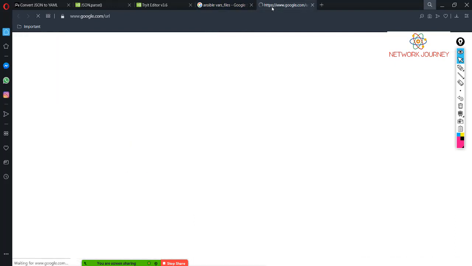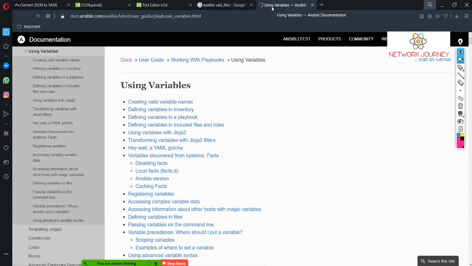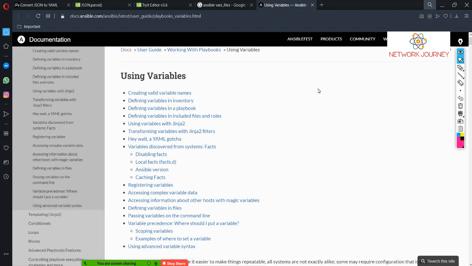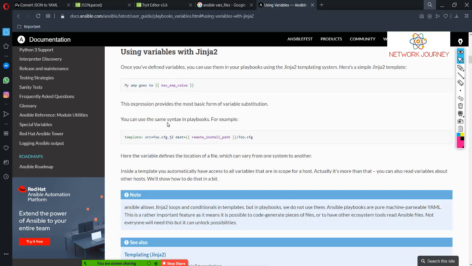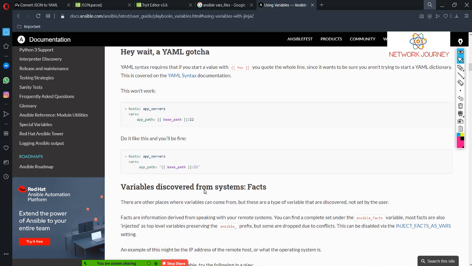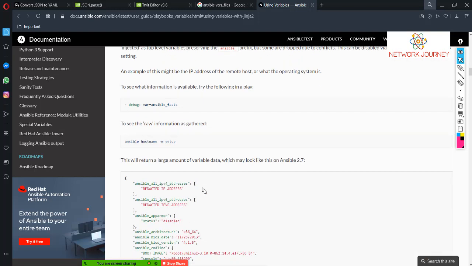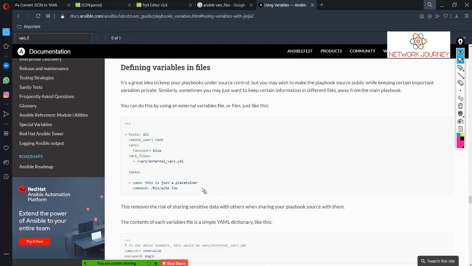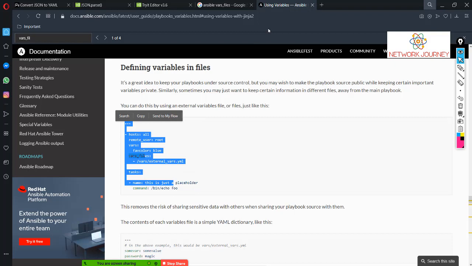using variables. Where it says using variables with Jinja2, okay, it's going to define all the different things to make use of variables. So let's see if I search for variable files. So you have this. Okay, I have a very similar template with me, defining variables in files. I made something. This is my data model, and beneath here under tasks I gave my template. So this is a standard,